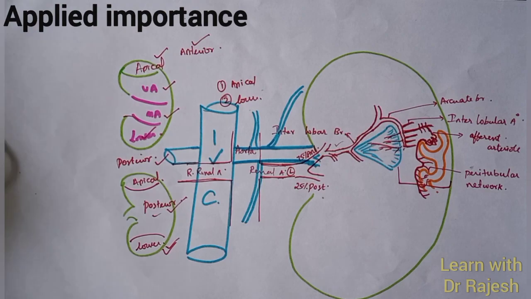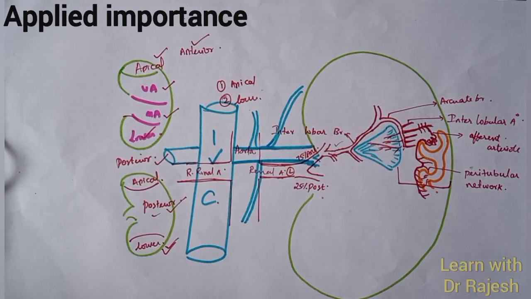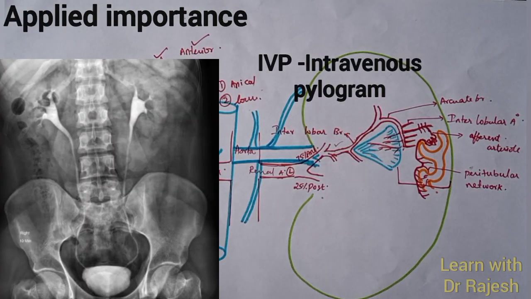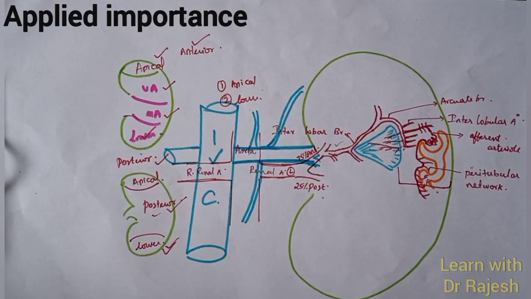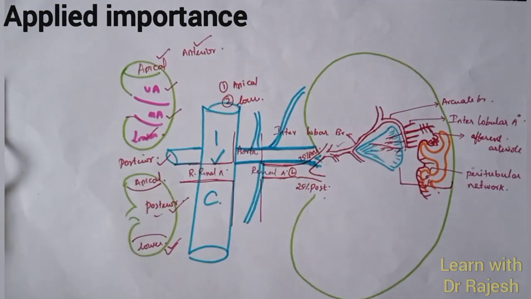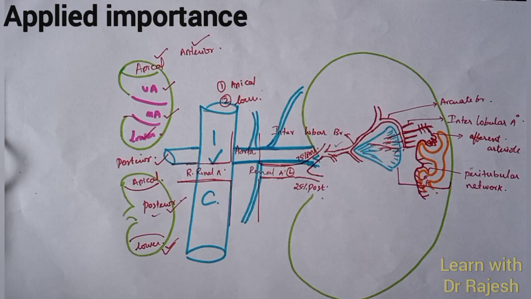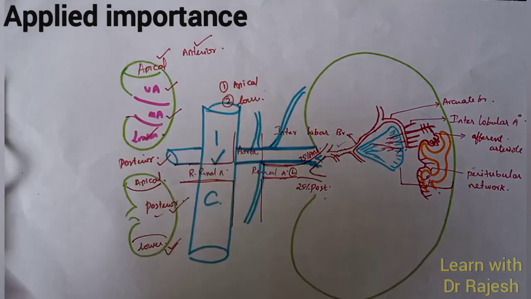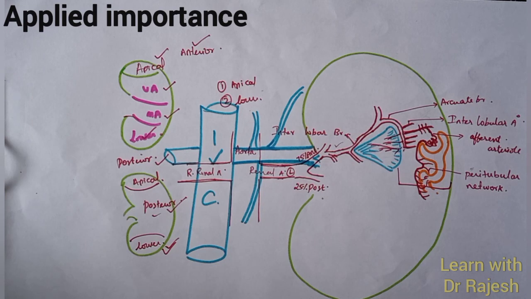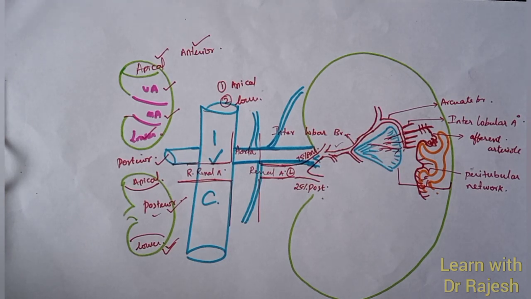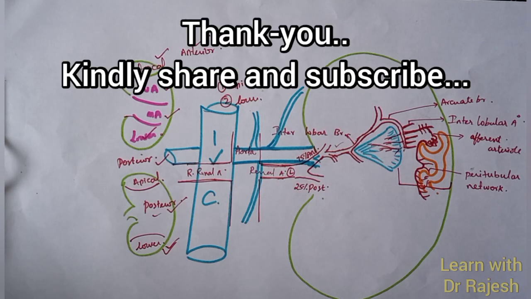Contrast X-ray, which is used to locate the kidney and its function, is actually intravenous pyelogram. This pyelogram can be used to demonstrate the kidney radiographically. A single functional kidney is more than enough to perform the entire function for a particular individual. So kidney transplant is one of the very common transplants being performed now for chronic kidney disease. Okay, so this is the end of our class on kidney. Thank you.